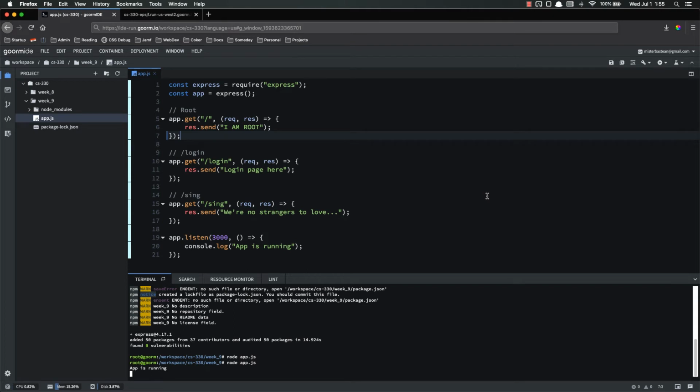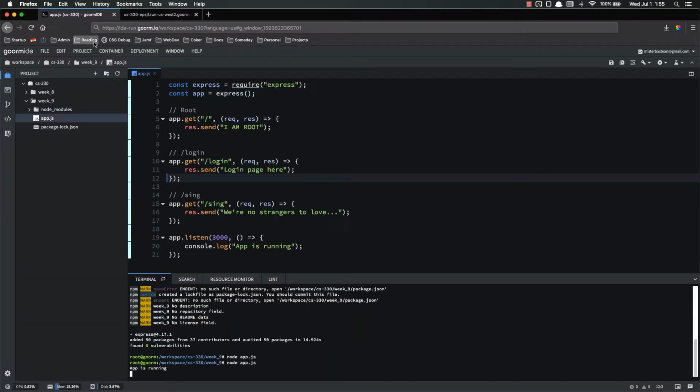In this video we're going to take a short segue from Express to install a helper utility called nodemon, depending on how you want to pronounce it. As of right now, we have our app.js running. It is listening for requests, so if I refresh this page, I'm at sing and we're no strangers to love and it's working fine. However,